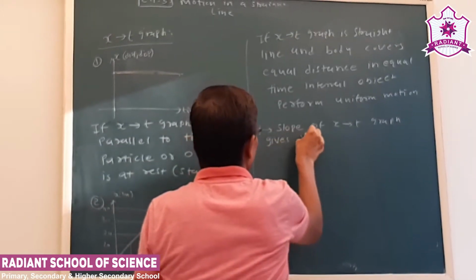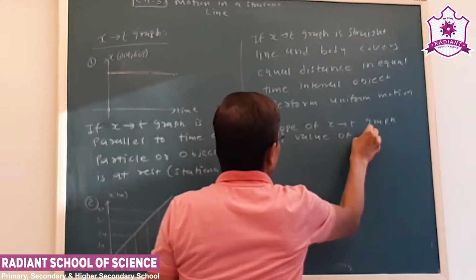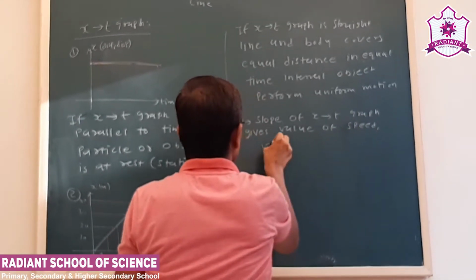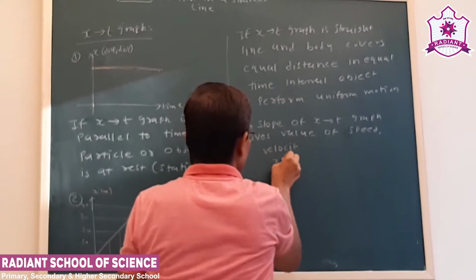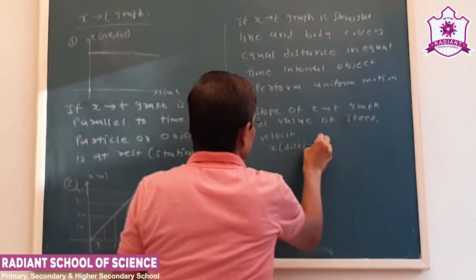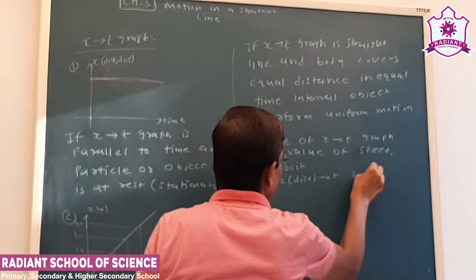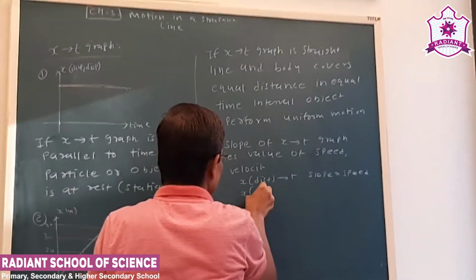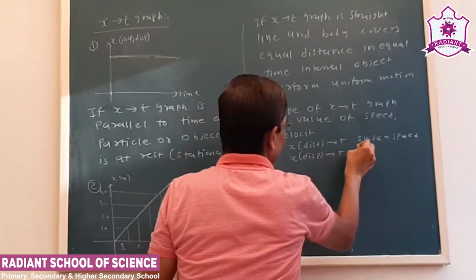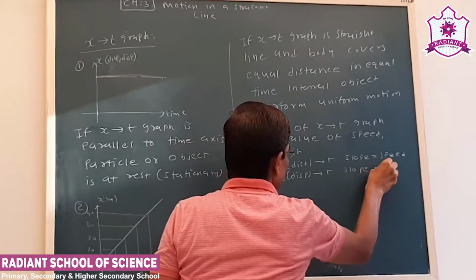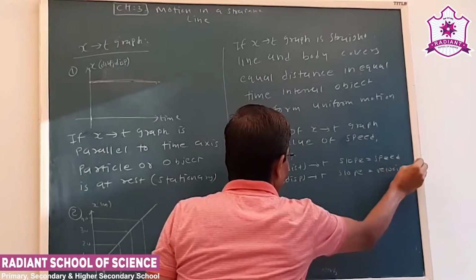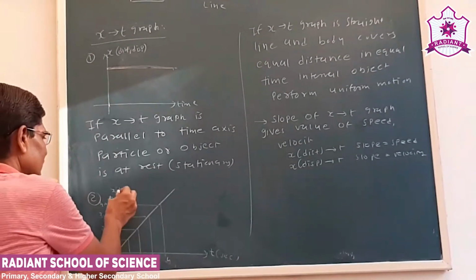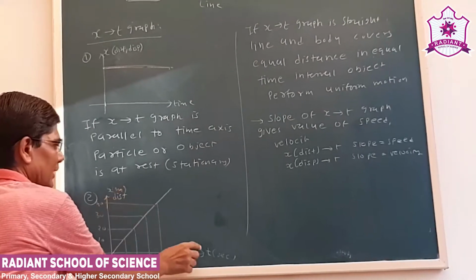gives the value of speed or velocity. Now see, if x is the distance and t is time, then the slope will give the speed. If x is displacement in the displacement versus time graph, then the slope will give us the value of velocity. Okay. Now right now we talk of x, let us say, as a distance and t as a time